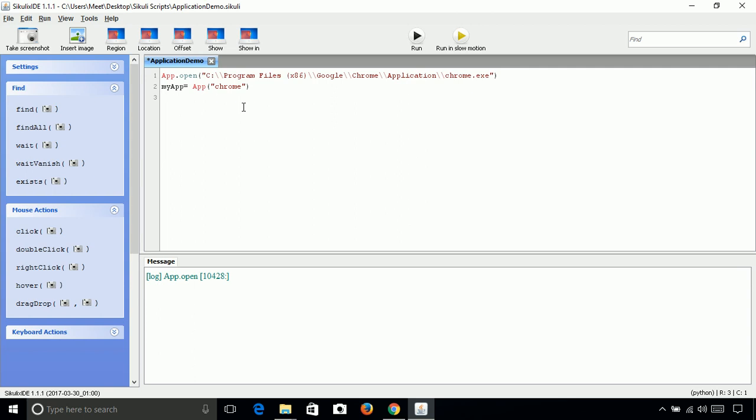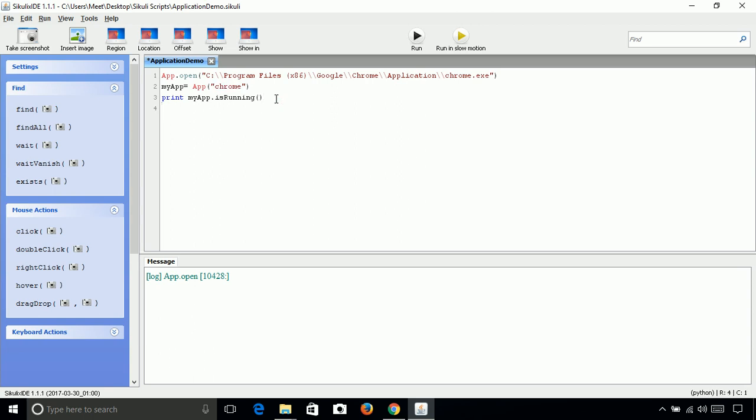There are two methods available which will check whether the app is running or not, and whether the app has a window or not. So first let's see is running. This will return a boolean value. If Chrome is running, then it will return true, otherwise it will return false.